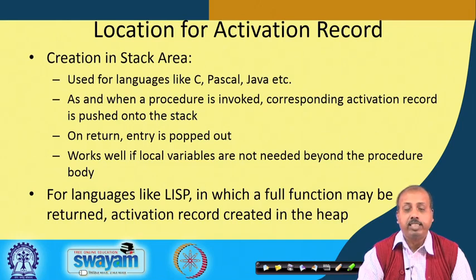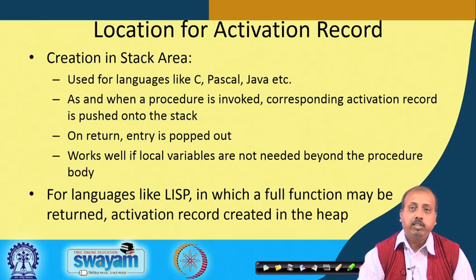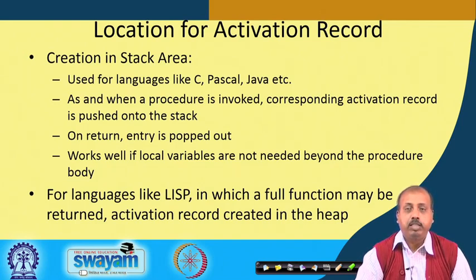The activation record structure remains the same as we have seen previously. It has got the return value, return address, then parameters and local variables, but they are not created in the static area, along with the global variables. Rather, when the procedure call is made, one such frame is pushed into the stack, and the code within the procedure refers to those parameters and local variables from the stack. When it is returning, this entry will be popped out, so that will go out of the stack.